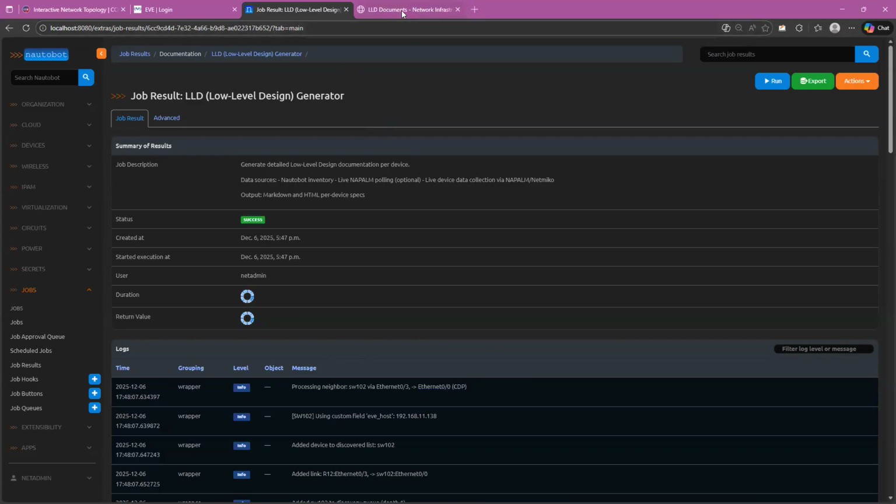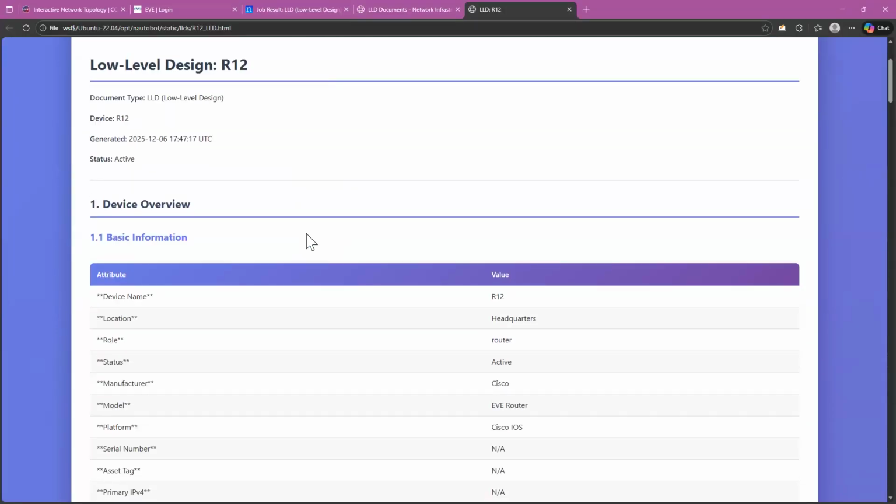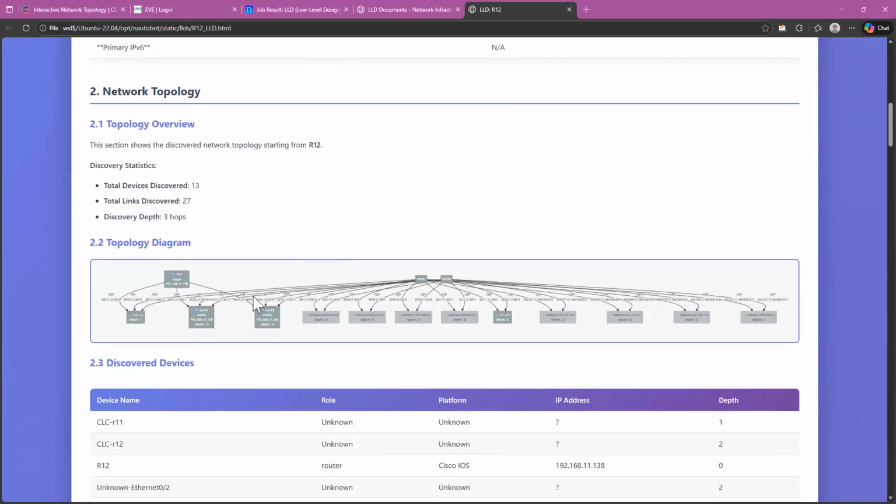Success. Router number 1, 2. You can see the timestamp is 12, 6, 11, 32. It will change. Now this is 1748. Okay, let me click here. See the topology that the script is generating. This router 1, 2 is connected with 101, 102, 101, router 11, 102. All those interfaces and links are there.